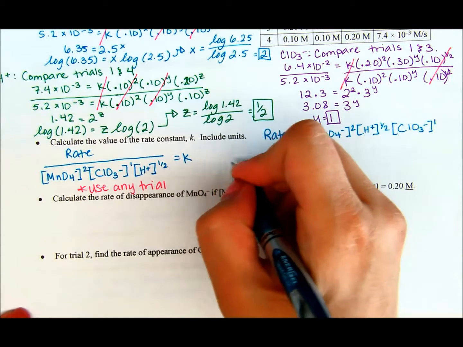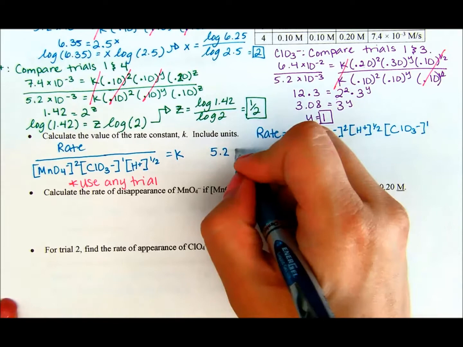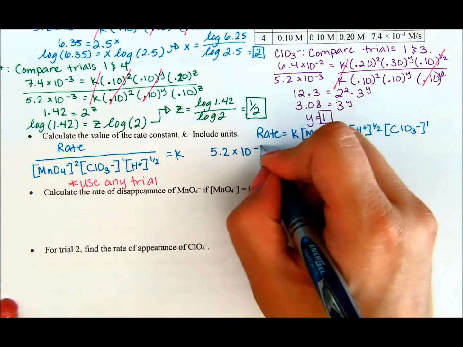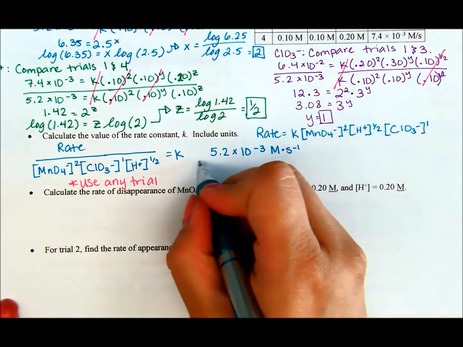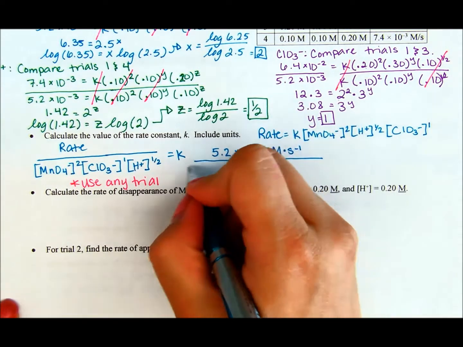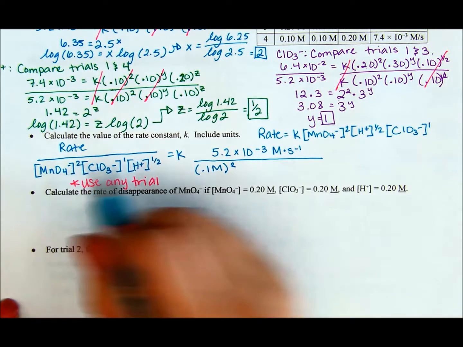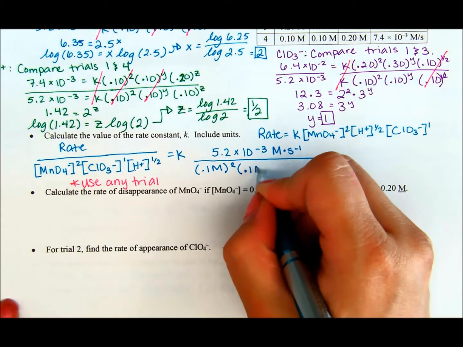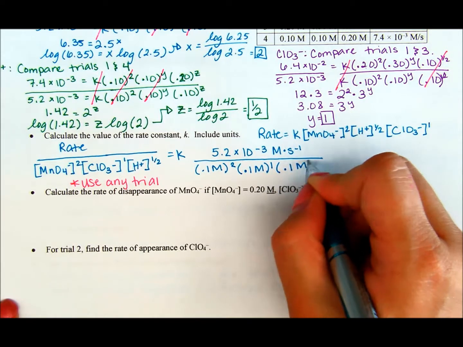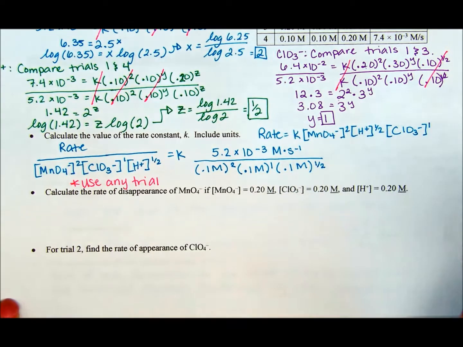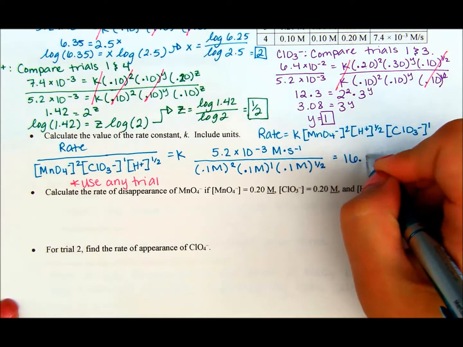Okay. So plugging all that in, my rate is 5.2 times 10 to the -3 for trial 1, and that's in molar per second. Divide that by 0.1 molar squared, so we're just going to carry that squared, then 0.1 molar to the first power, and then 0.1 molar to the 1/2 power. Plugging all that into your calculator, you should get 16.4